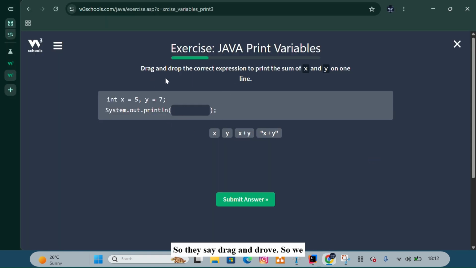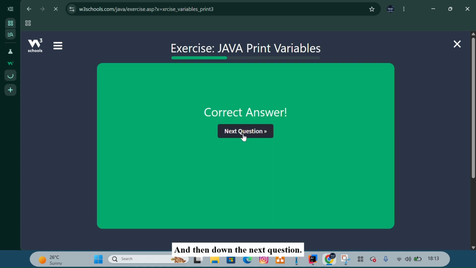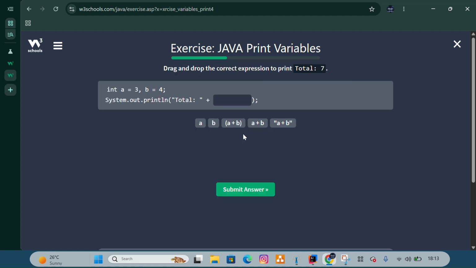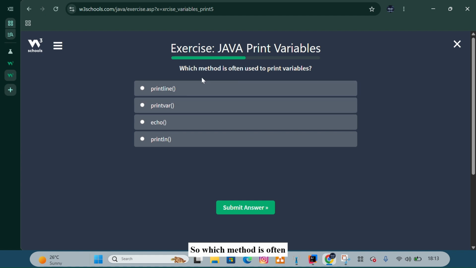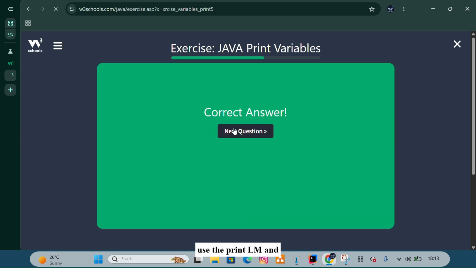So they say drag and drop, so we are printing x plus y. And the next question, drag and drop the correct expression to print a total of 7. So we see A is 3, B is 4, System.out.print total is equal to, so you have to put A plus B in those braces to perform the mathematical calculations. So which method is often used to print variables? We use the println. And next question,